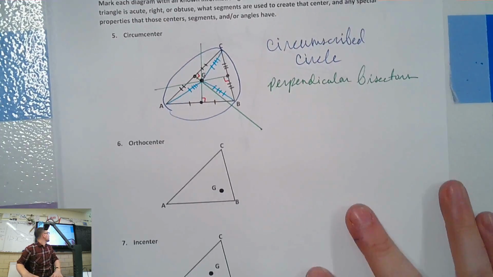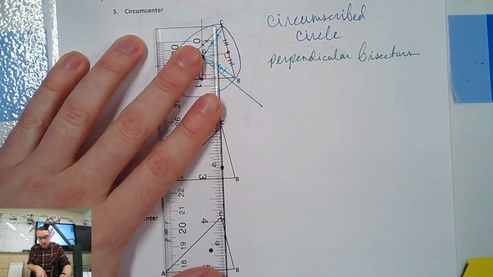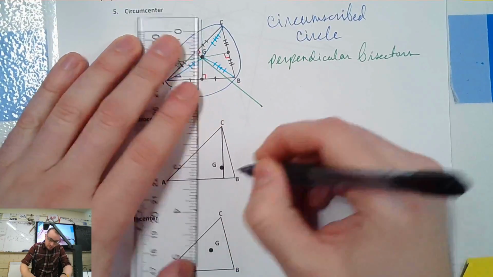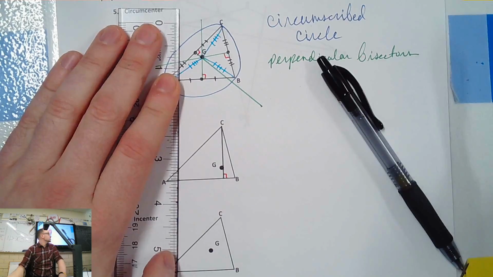I'm going to move to the orthocenter. What lines make up the orthocenter? Come on. What lines connect to make the orthocenter? The 90 degrees, the orthogonals, right? So all we have to do is start at the top of our triangle and draw our heights in, essentially, right? So I'm going to draw a line through here, and that'll hit 90. Remember, orthogonals are the heights of the triangle.